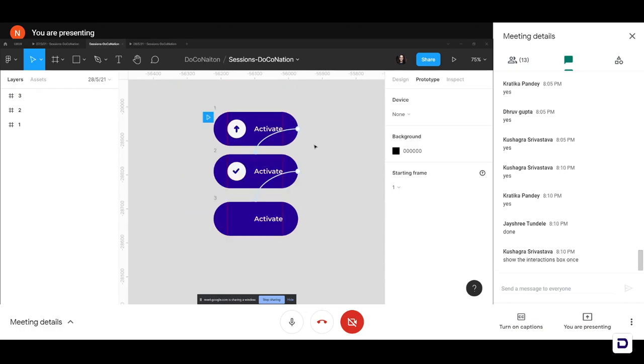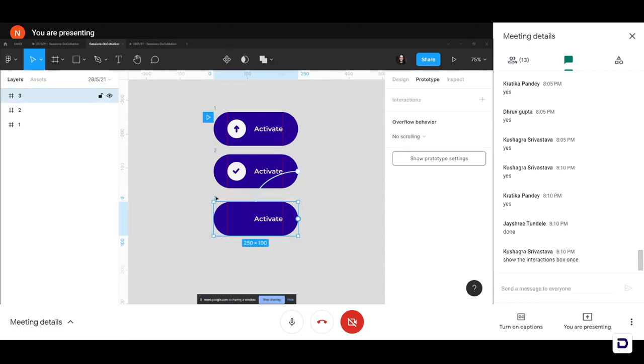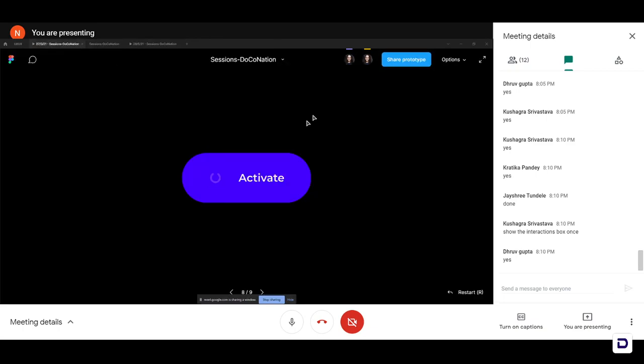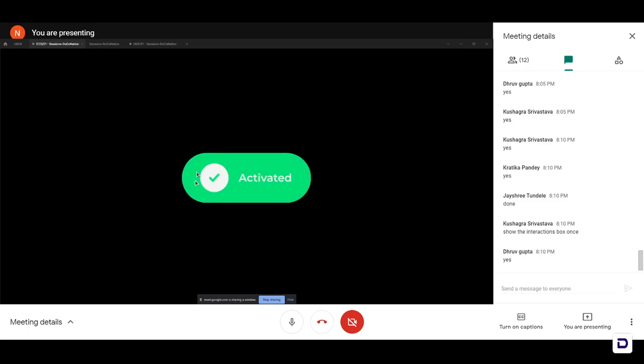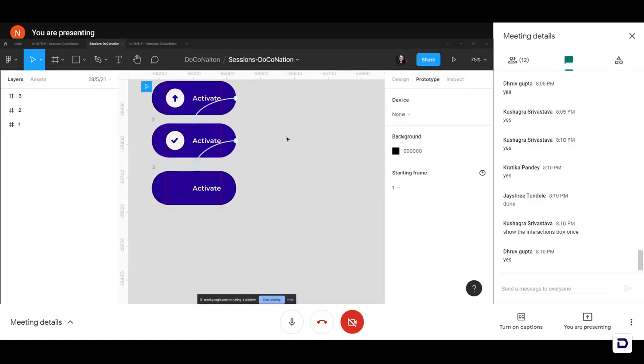Again, for the next part, we'll have to copy our third frame because we want the little circle that disappears into the background to increase into the full size circle again. So let me show the interaction again. This is how it looks. On initial stage, it looks like this, and when I hover over it, the up arrow icon changes into a tick mark, and when I click over it, you can see the loader animation appear and then fade and give me an activated tick mark, right? So all we're going to do is, after fading into the background, it comes back up and brings a loader animation. That is what we are going to try to achieve now.